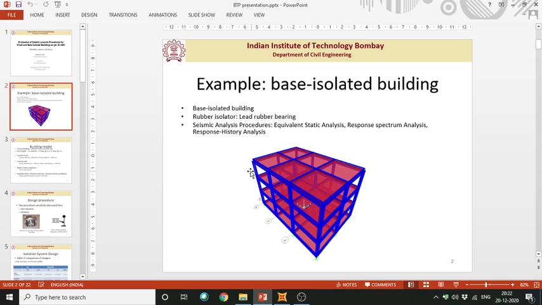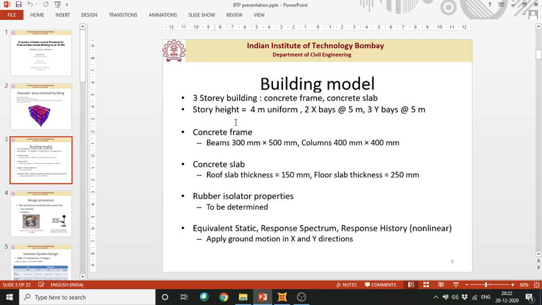So here it is a three-story building of uniform height 4 meter, and two bays along x direction and three bays along y direction. Both are 5 meter distance, and the dimensions of columns and beams are given here, as well as the thickness of slab for both floor